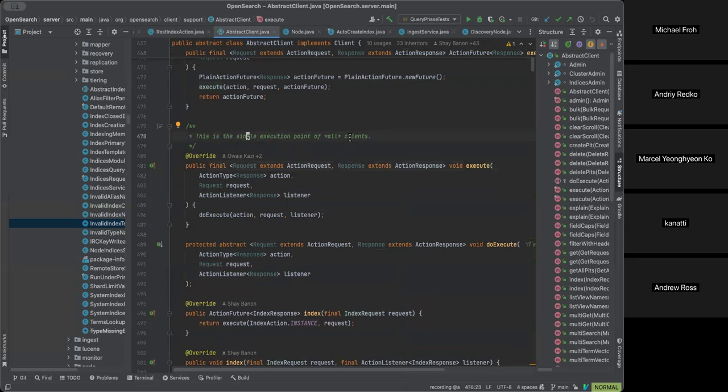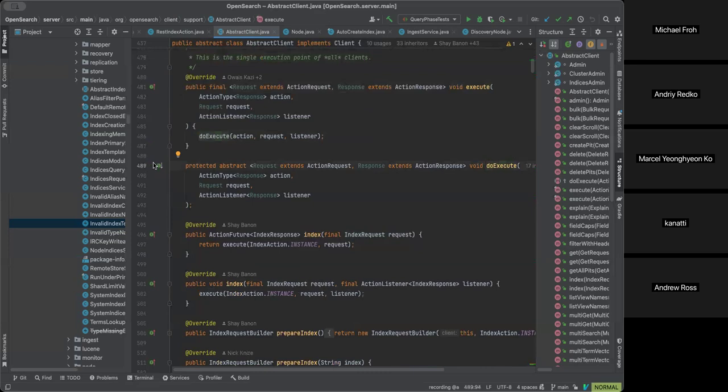So the idea is that we funnel everything through here, and it all works via this registry concept. Like if we dive into doExecute,